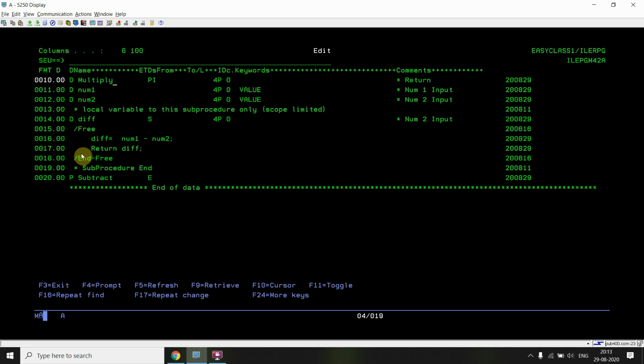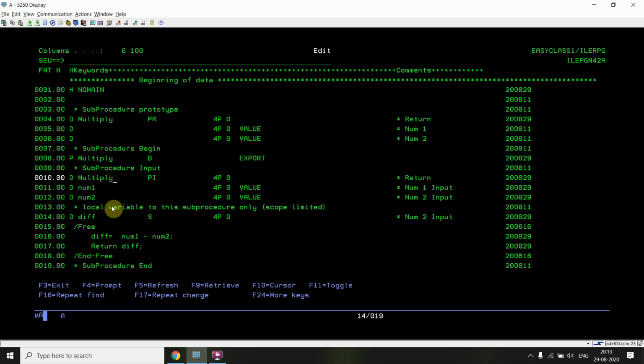Okay, so this is the sub procedure which will multiply two numbers and return the result. For example, the multiplication result num1 multiplied by num2.